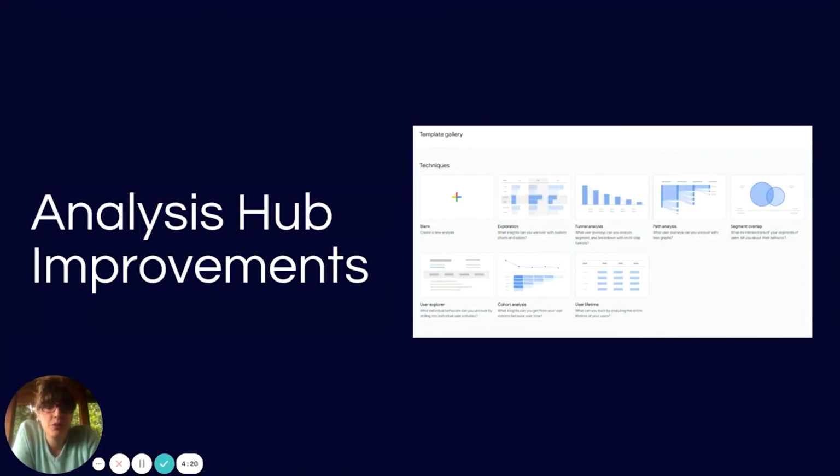So this is pretty cool. This is just a little screenshot of the Analysis Hub improvements. So you have a lot more pre-designed reporting templates available to you, as well as a lot more options for developing your own reports. So these reports previously were only available to GA360 users, and now you can access them